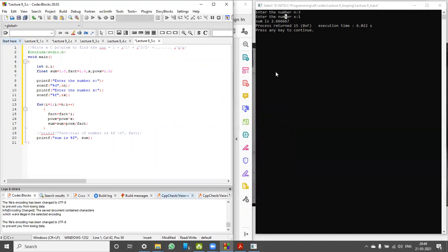Okay, I need minus there. At last, I need minus 1 to the power n. To do this, there is a simple method. What we can do, we can multiply this power with 1, minus 1. What will happen now? Let's see.